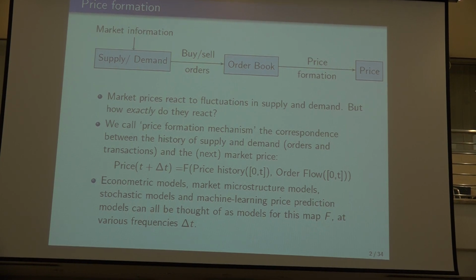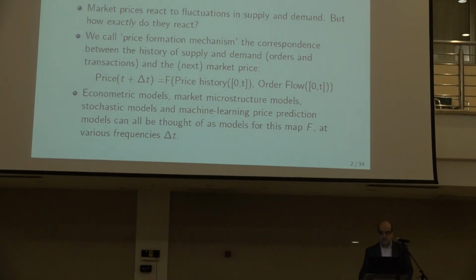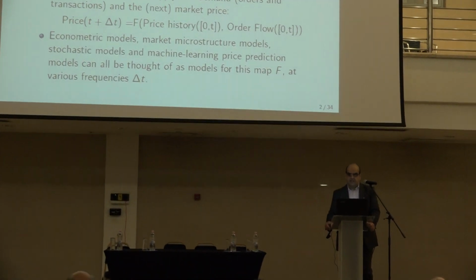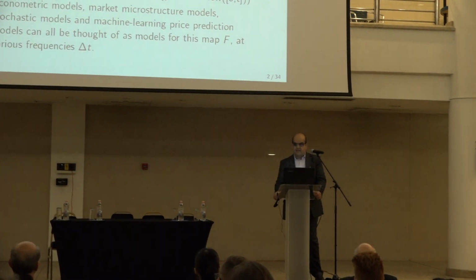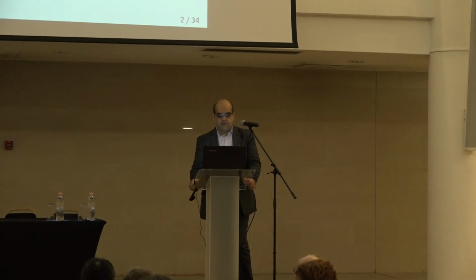So most of the markets are organized through a central limit order book. So you post buy and sell orders at a given price. And these orders sit in something called the limit order book. I will show you an example in a few seconds. And then the order book matches the buy and sell orders, which can be matched, and the price evolves. The price is updated. And prices are updated several times a second.